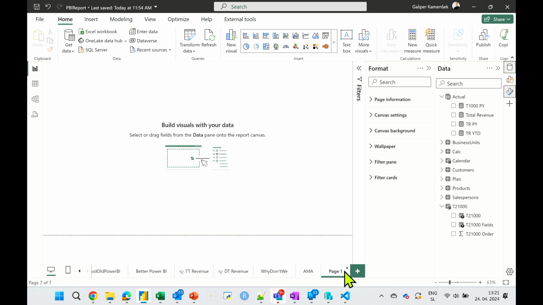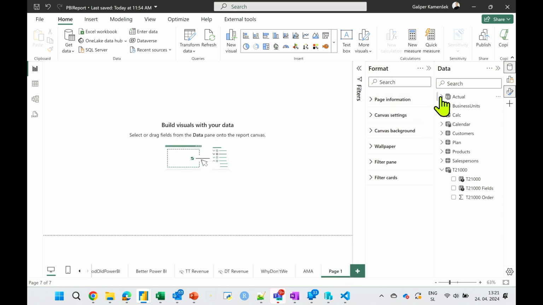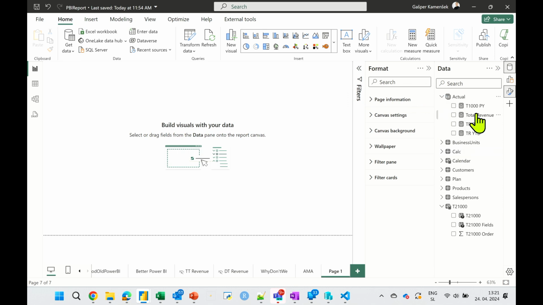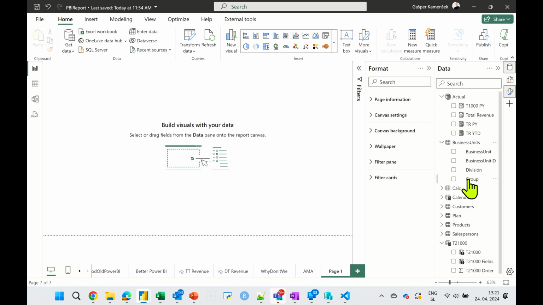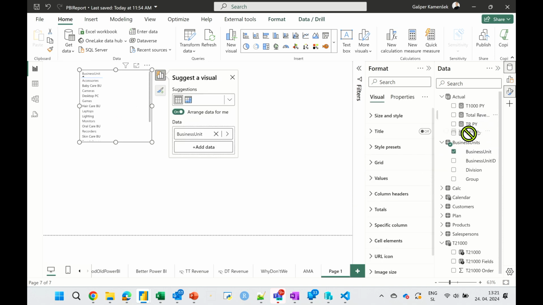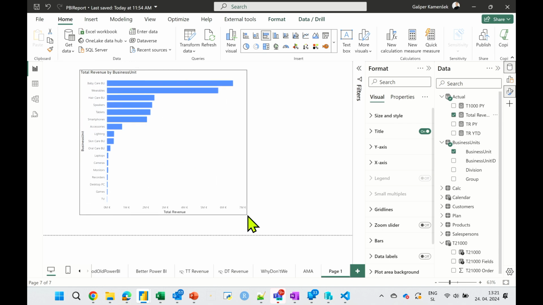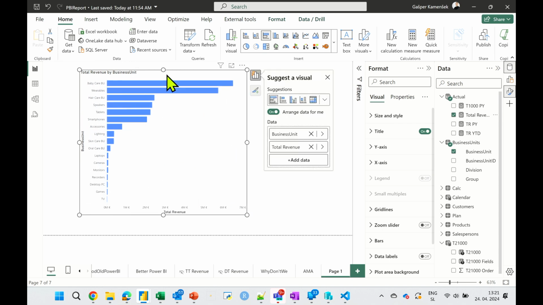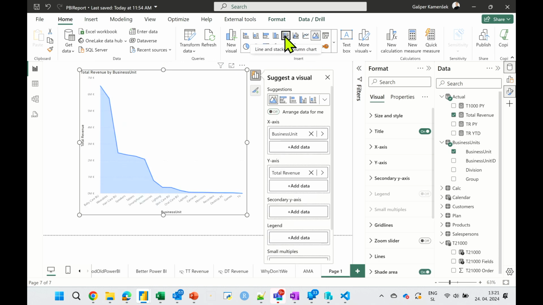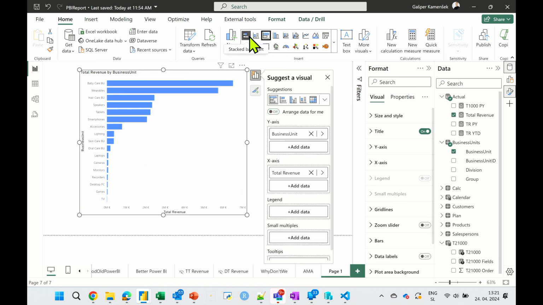And let me explain. So first of all, what you've got to your right is just your data model with all the fields, right? And the fields mean, and this is like using pivot tables, that I can go, oh, I need a business unit, oh, I need total revenue, there you go. Now, the cool part about these visuals, right, is I'm building a kind of pivot table-like experience, but I can get many different things from this. Not all are sensible right now, but I can get many different visualizations with the same experience.